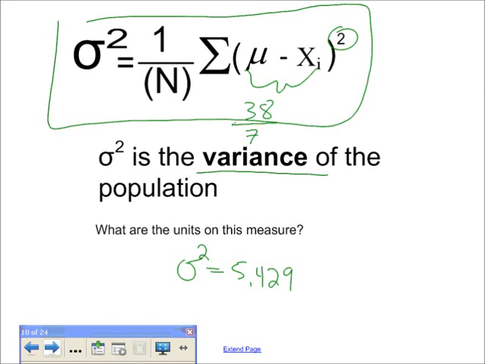The question then is, what are the units on this measure? Well, it's not centimeters because I squared everything. The units on the variance is centimeters squared. Now that's not really useful because the units we were measuring were centimeters. And statisticians figured out that this wasn't very useful, and so they created one more unit,